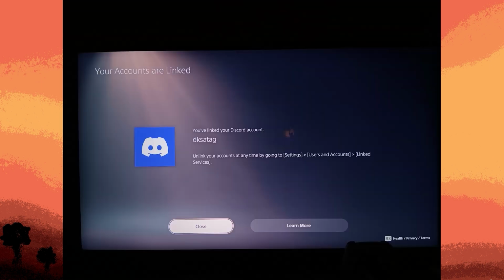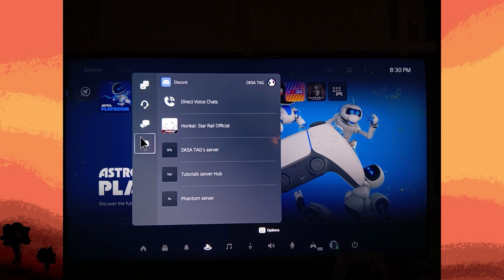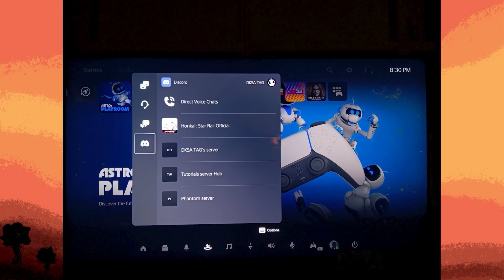Back on your PS5, hit the Close button. You can now create or join a voice chat and server of your choice. By following these steps, you can link your PS5 with Discord to share your gaming activity and stay connected with